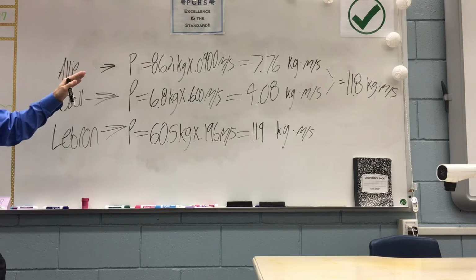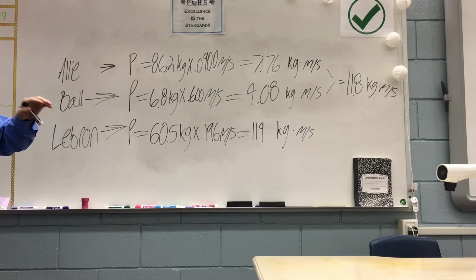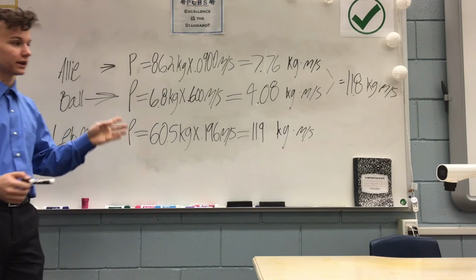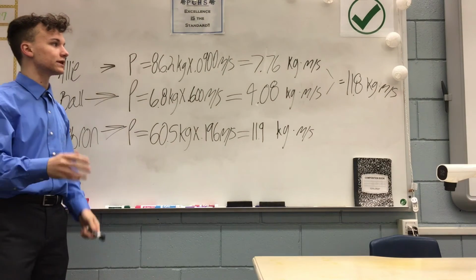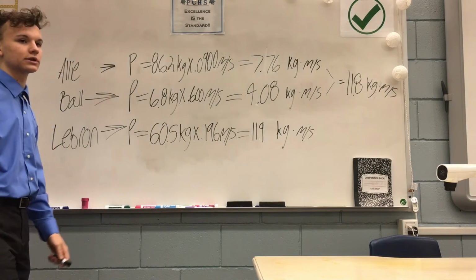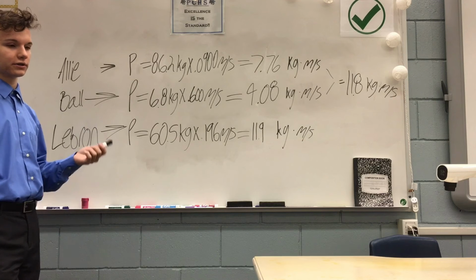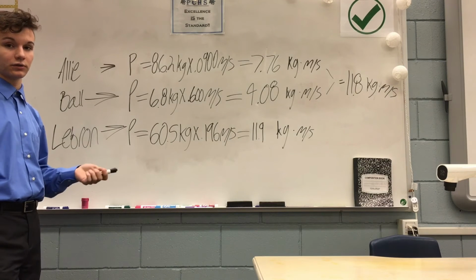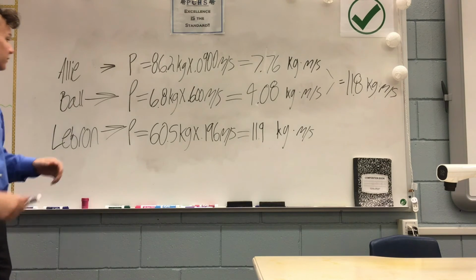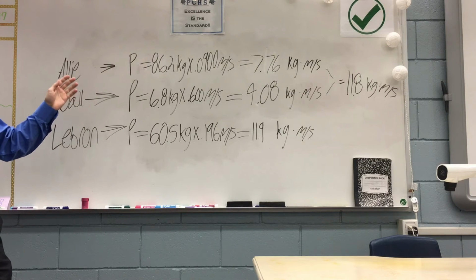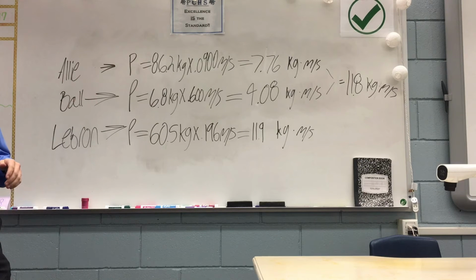This is her momentum, is 86.2 kilograms multiplied by 0.09 meters per second. Her mass times her velocity equals 7.76 kilograms times meters per second. There is no name for it, that is just the units for momentum. And then we have the momentum of the ball is equivalent to 6.8 kilograms multiplied by 0.6 meters per second equals 4.08 kilograms times meters per second. And lastly,